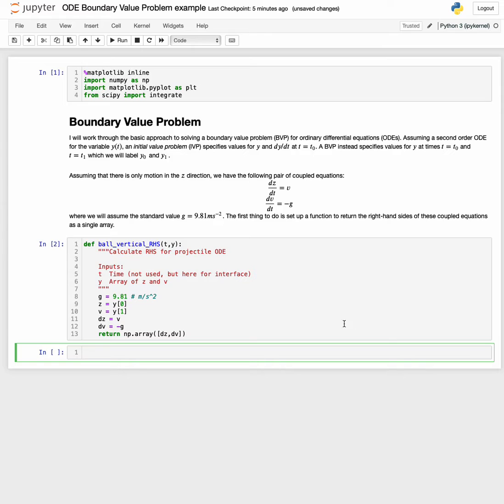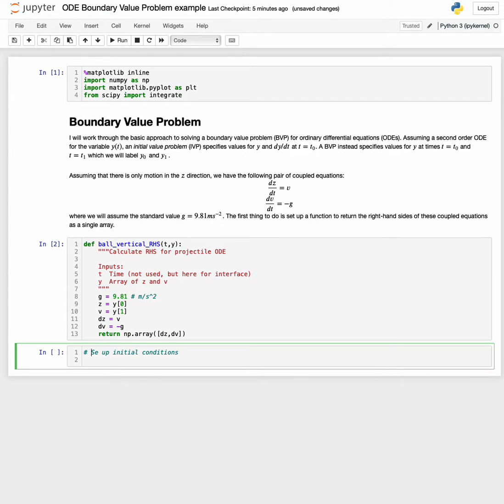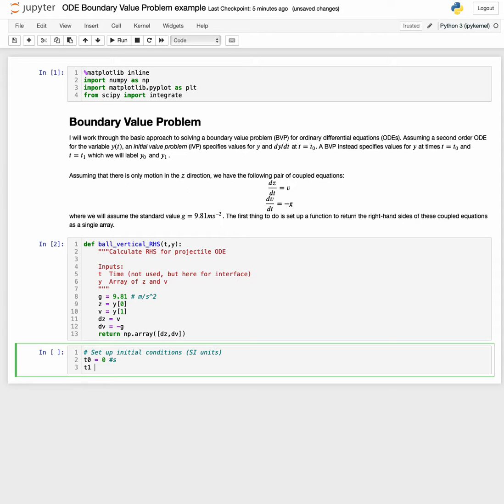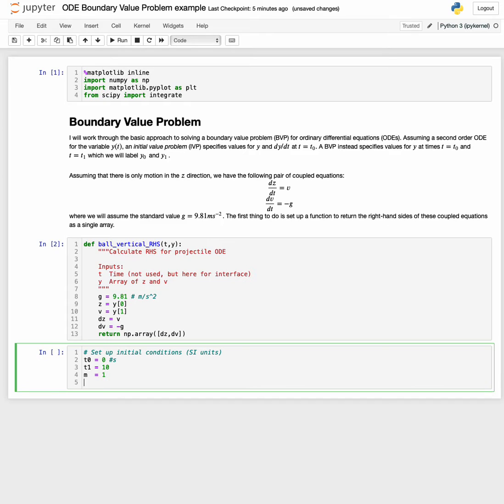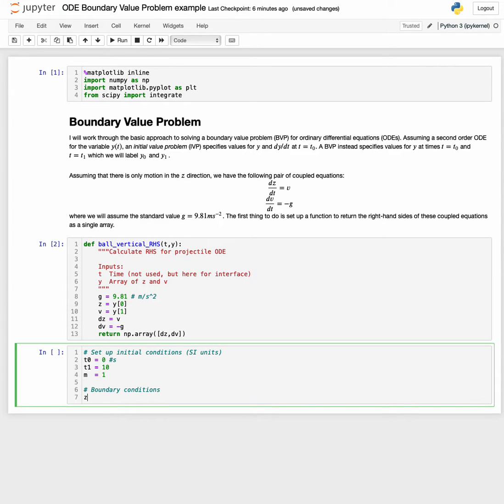So let's now set up some initial conditions. Let's put a t in there where we need it. We're going to set t0 is equal to 0 in seconds. I'm just going to note SI units here in case I forget. t1 is going to equal 10. And the mass is going to equal 1. That's quite a hefty projectile if it's a sport. And we're going to put on some boundary conditions. We're going to say that z0 is equal to 0.0, of course, in meters, and z1 is equal to 0.0